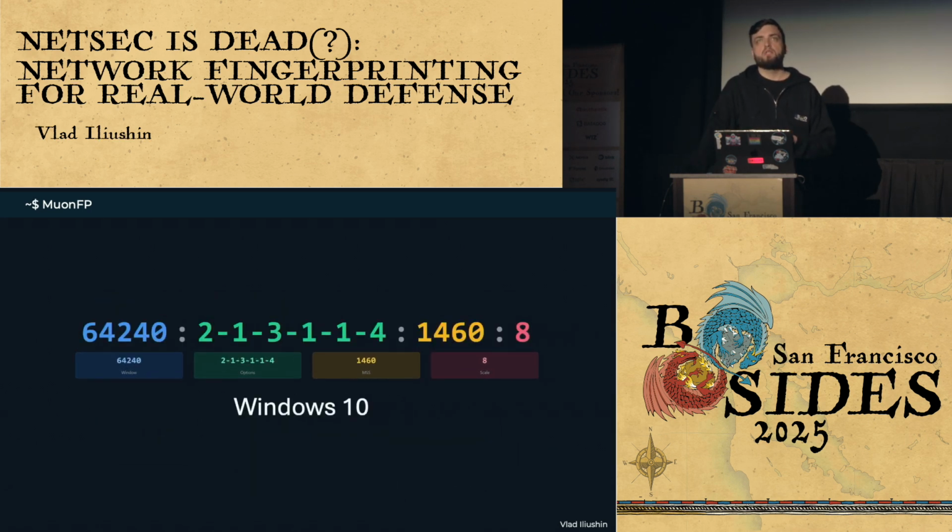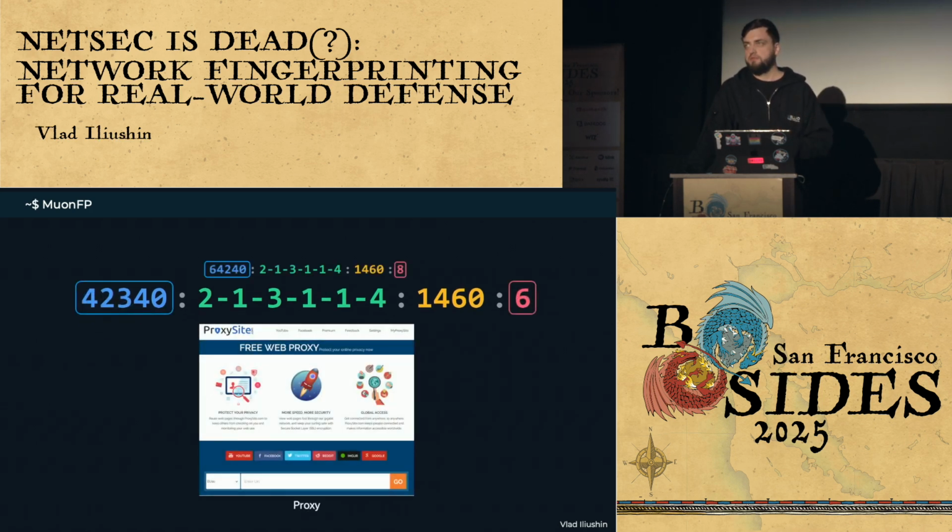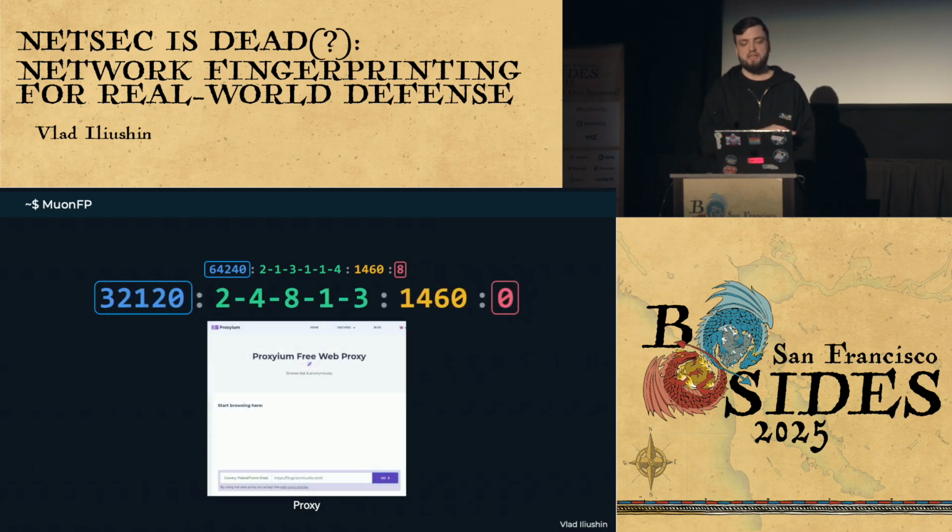What happens when you try to use our Windows machine and connect through different proxy servers? Obviously, you have a smaller window size, and you also have a smaller window scale, right? Here is a different proxy, and you can see that window size right now is even lower, but also the scale size is 0. So this is a trap, by the way. If you look into the TCP options, you will see that there is an 8 there, which suggests that it is actually a Linux machine connecting to the server.